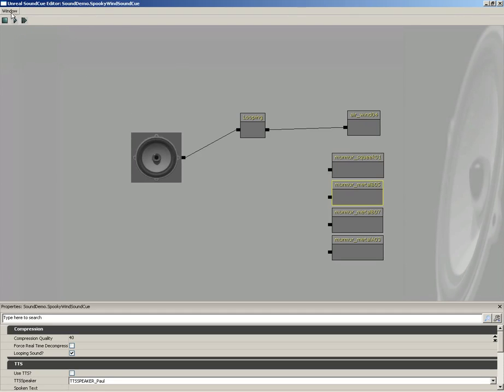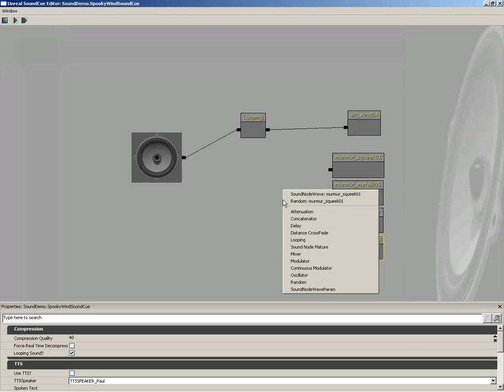And here's Metal B05. B07. It's like somebody crawling around through ventilation ducts. And then Metal A03. Okay, now what I want to do is randomly choose one of these sound effects to play at any given